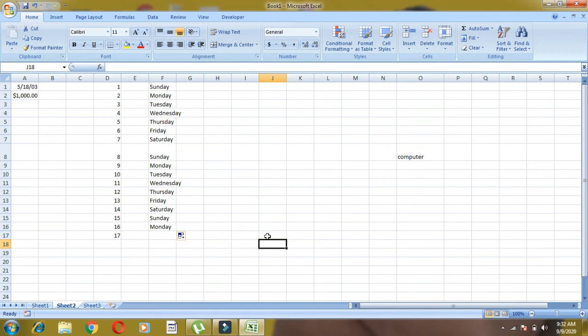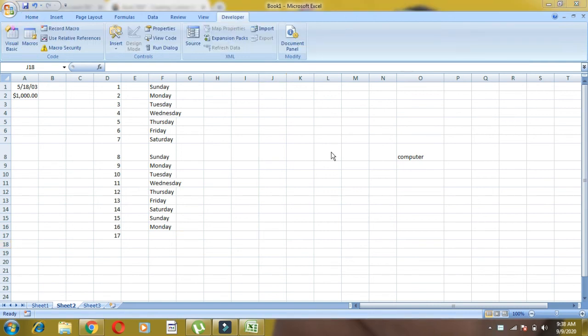Creating a custom list also, we can create a custom list, children. You might have a list that is very often used. Instead of typing the list, to create a custom list we have to follow certain steps. First, I will just type something like CPU, then keyboard, then mouse, then monitor. Like this I have to type different names, and I will select these.